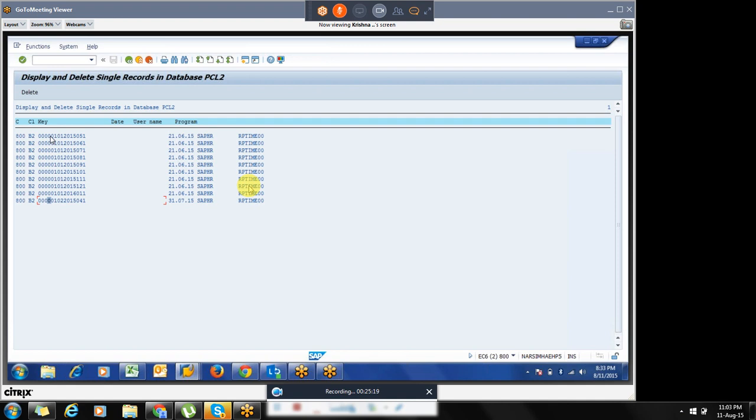PCL2 is a space which will be storing n number of clusters. That can be from payroll, that can be from a different program, that can be from anywhere. So if we delete from here, the payroll results will not get deleted, right? We can't assure. It might get deleted. Yes.